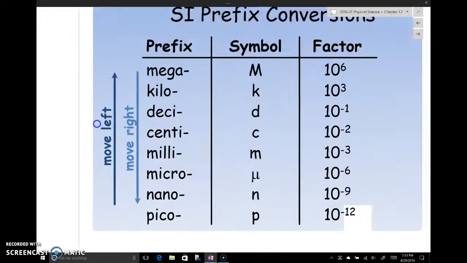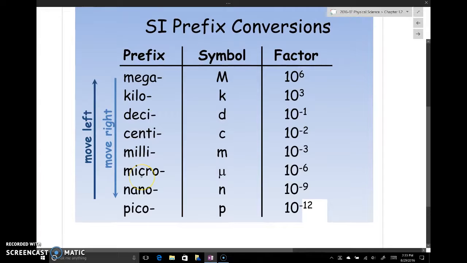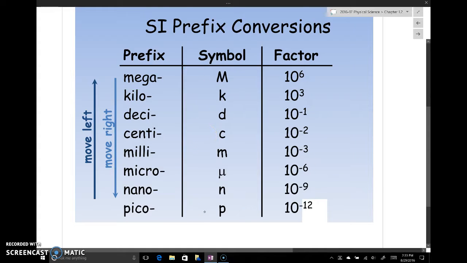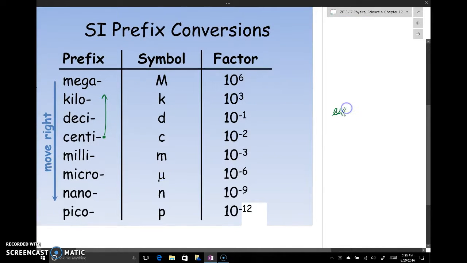So again, here's a chart with all of the prefixes. Now, I want you guys to know these prefixes. If you know pico and mega, that's awesome, but these center 6 are the most often used. What this chart is telling you is that if you go from, let's say, a centimeter to a kilometer, we're going to move the decimal place to the left. So the example of that would be,